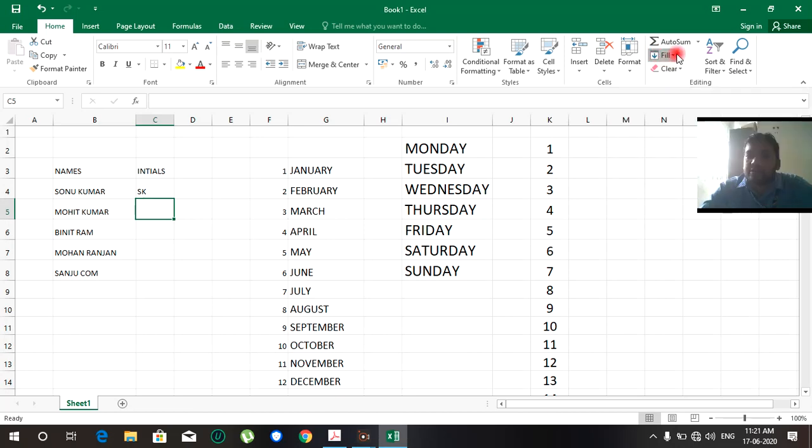From this drop down we select Flash Fill. Flash Fill is over here, and we just click on it.